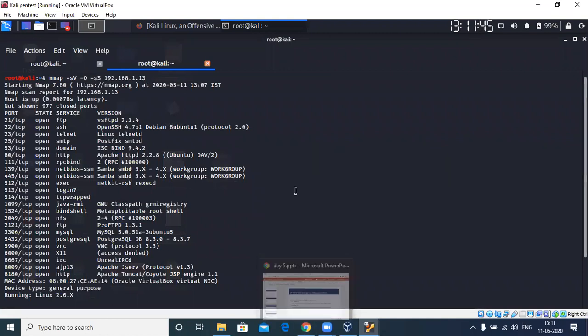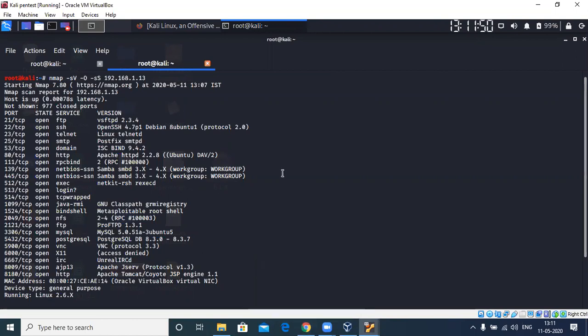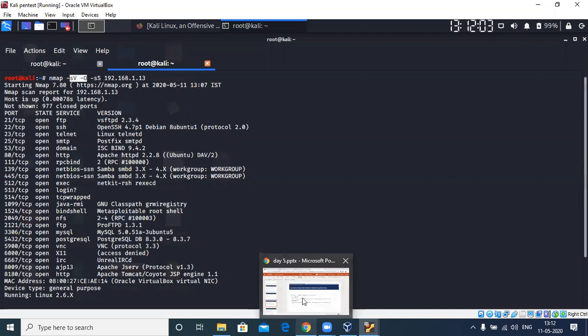Let's take the first scenario that we talked about, where you have legal consent to perform a penetration test. I'd suggest you also include these tags, because they give you much more information about whatever is running. So if you have consent, go ahead and run it.